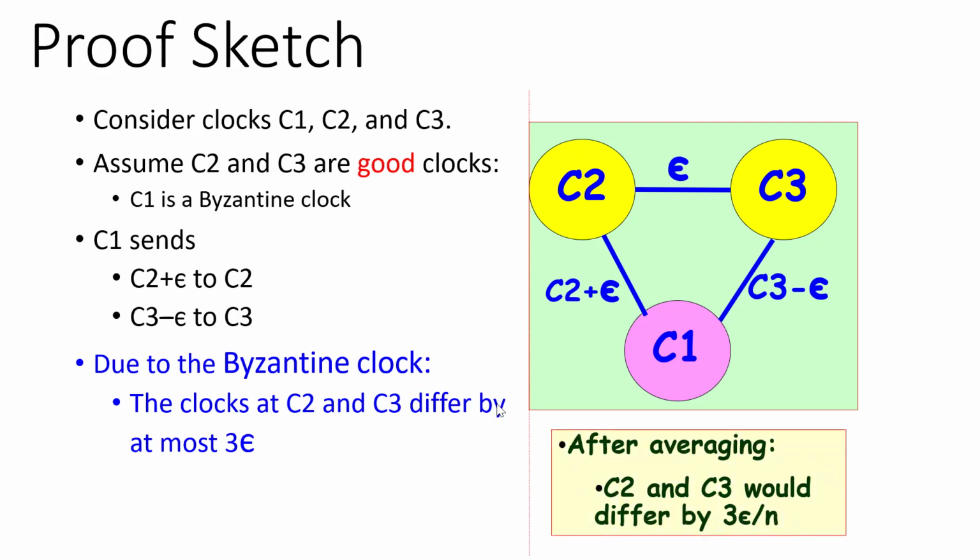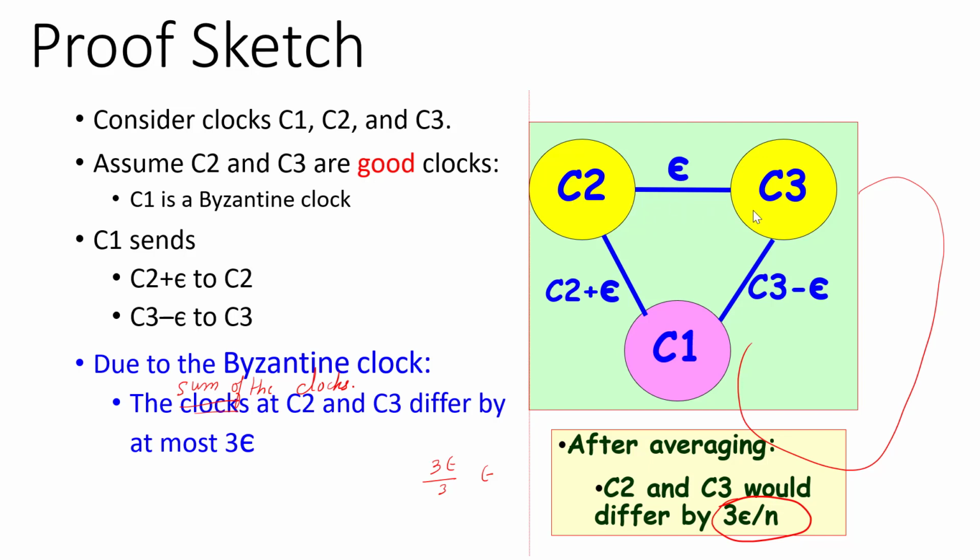And so in this case, after averaging C2 and C3, right? Basically, it's not that the clocks would differ; it is the sum of the values, essentially the sum of the clocks. So if you average out the values for a 3-node system, the difference would be 3 epsilon by 3, which is epsilon. But if you consider the rest of the nodes where there are no Byzantine faults, this generalizes to 3 epsilon by n. So this is the maximum difference